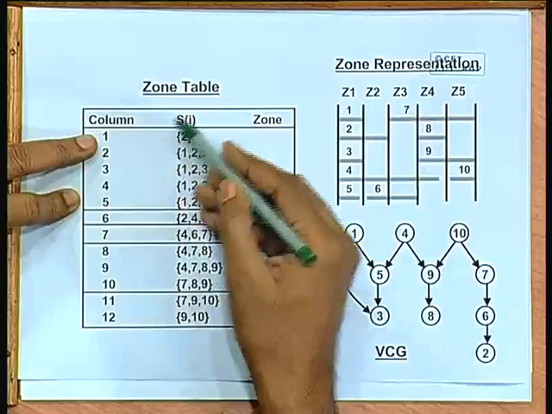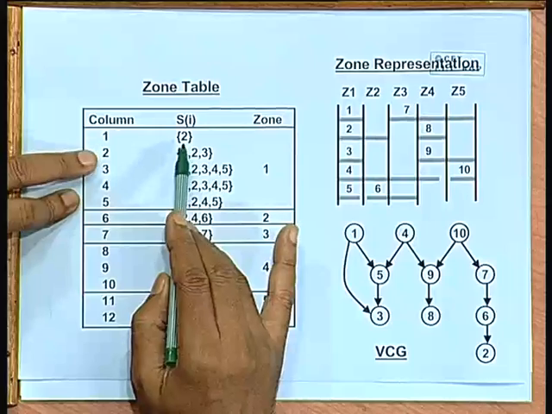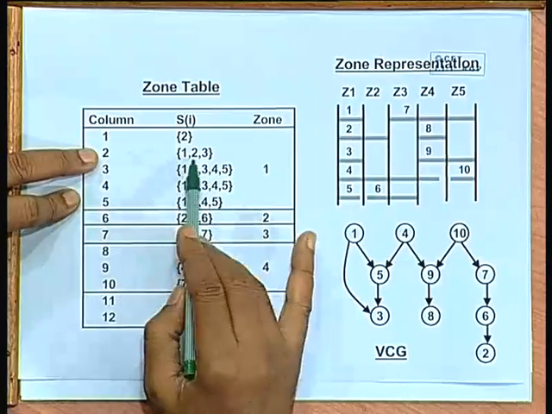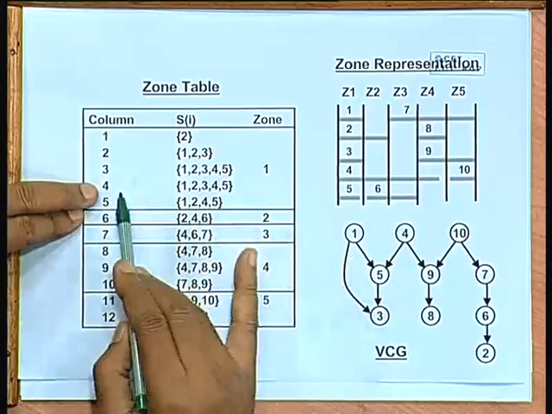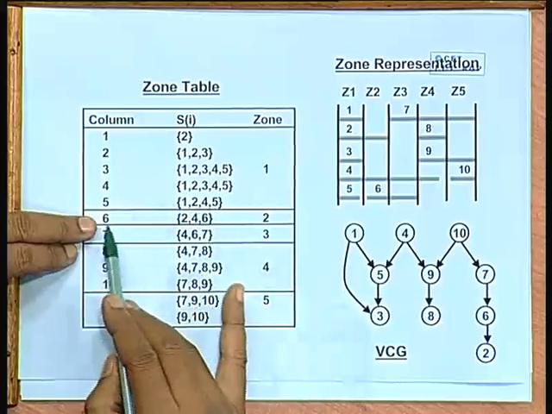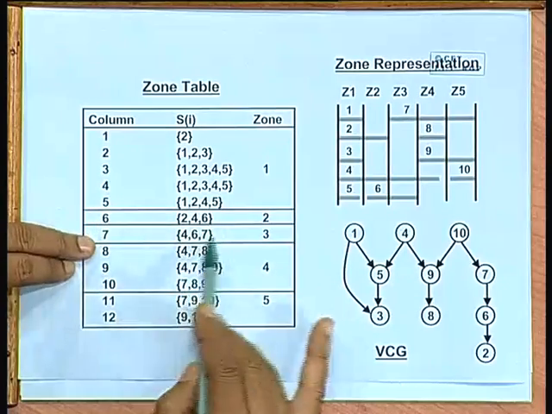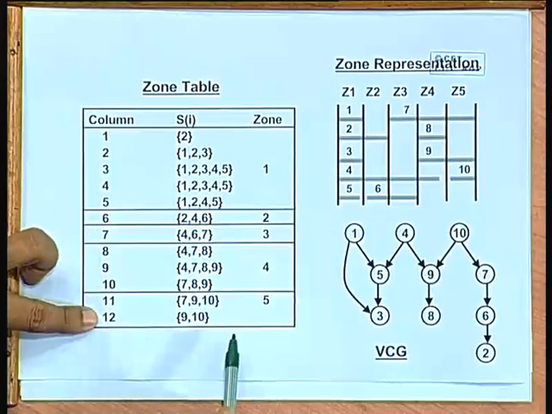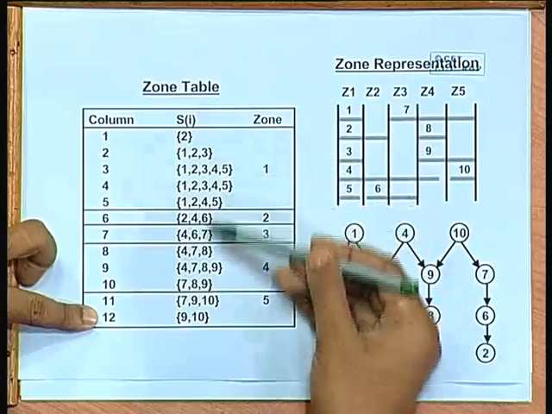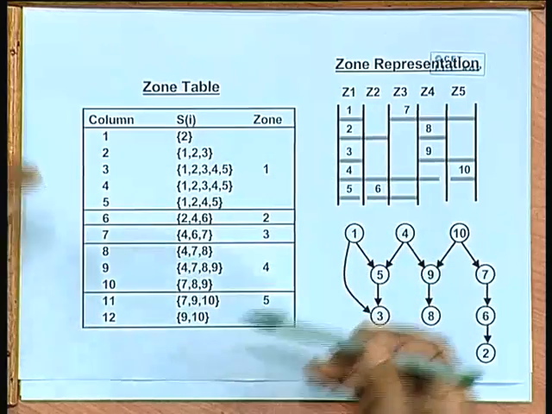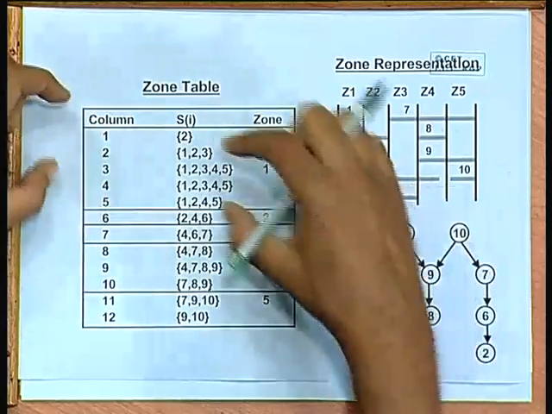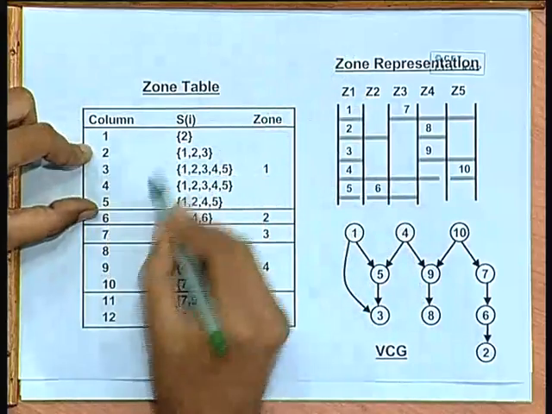You can correlate this to that example later, but I am just showing this. In column 1 only net 2 is crossing, column 2 has 1, 2, 3, column 3 has 1, 2, 3, 4, 5, in this way, column 5 has 1, 2, 4, 5, column 6 has 2, 4, 6, and in this way up to column 12 you get. Now, once you have this list, you will see that across a set of consecutive columns,